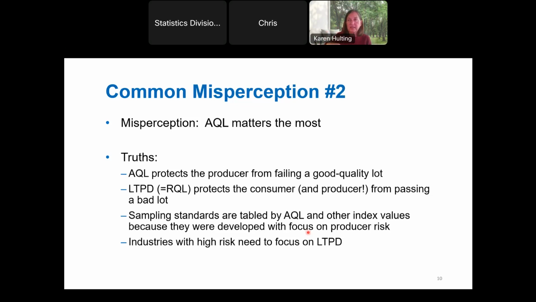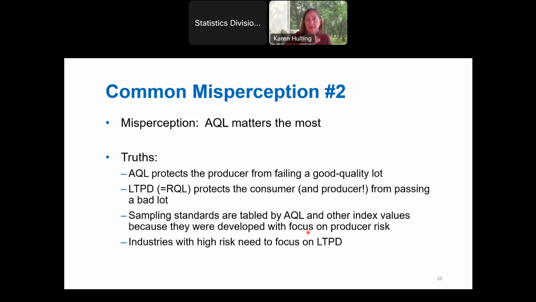And if we're in a risky industry, the really important thing is we care much more about the LTPD or the RQL, right? If we're in a risky industry, even as a producer, I want to know how bad does this product have to get before I have a high chance of catching it? I want to know what levels of bad quality I may be unaware of. May I be blind? There's that range in the middle of the OC curve where I wouldn't even know that the quality was bad and it still gets shipped. I want to know about that.